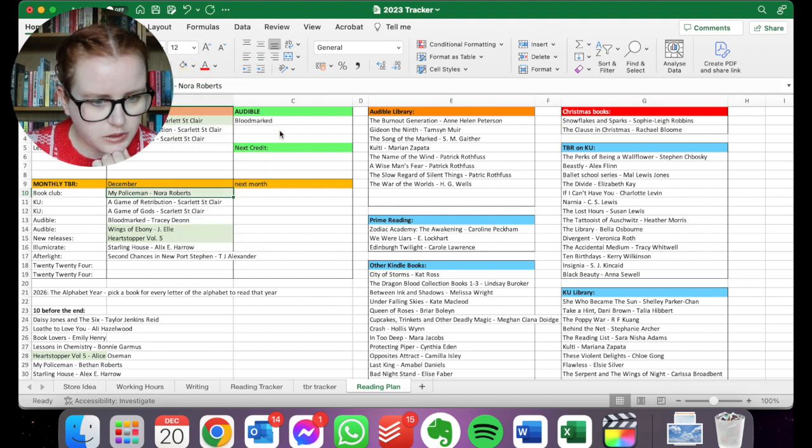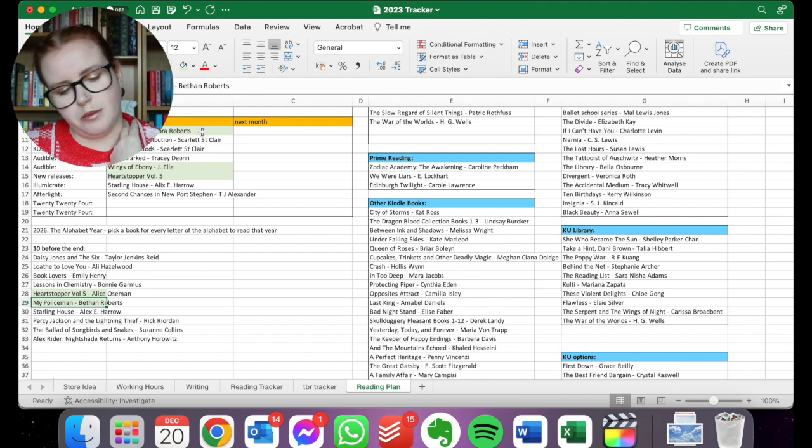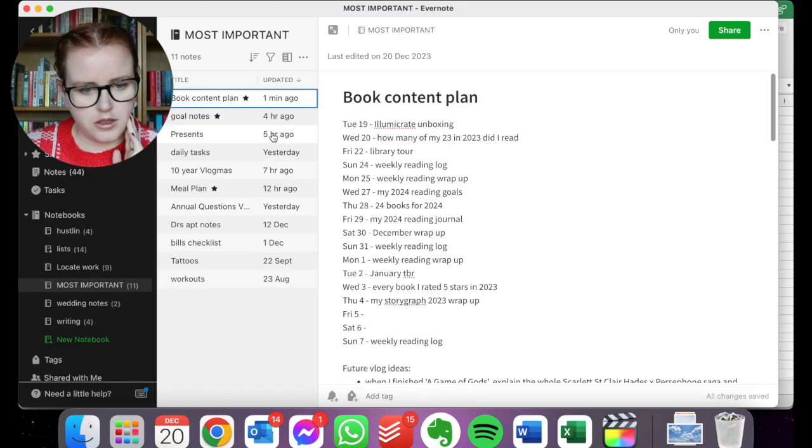It's this green, and he's down there as well. So that means I've read 3 books on my TBR for this month, and I've read 2 out of my 10 before the end. So that's the Excel spreadsheet done, and then